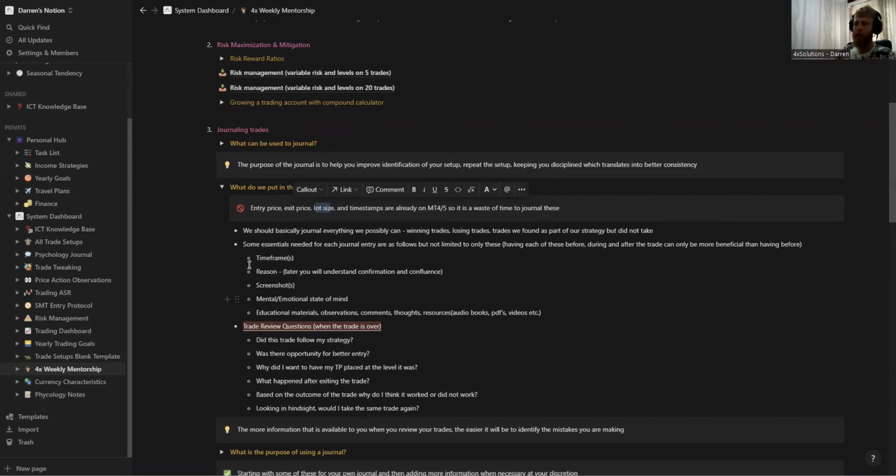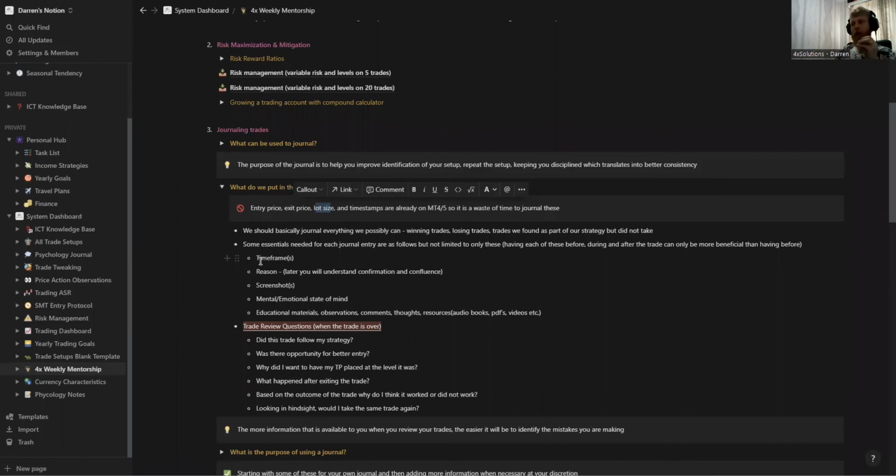So again, if we have this journal, what do we put in it? Well, obviously there are some really essential elements of this journal that we need to have. You can have all of the ones I have listed here, and you can have more, but essentially, at a bare minimum, when you take, or want to take, or identify a trade on whatever you're going to trade: gold, oil, silver, copper, platinum, GU, EU, whatever,